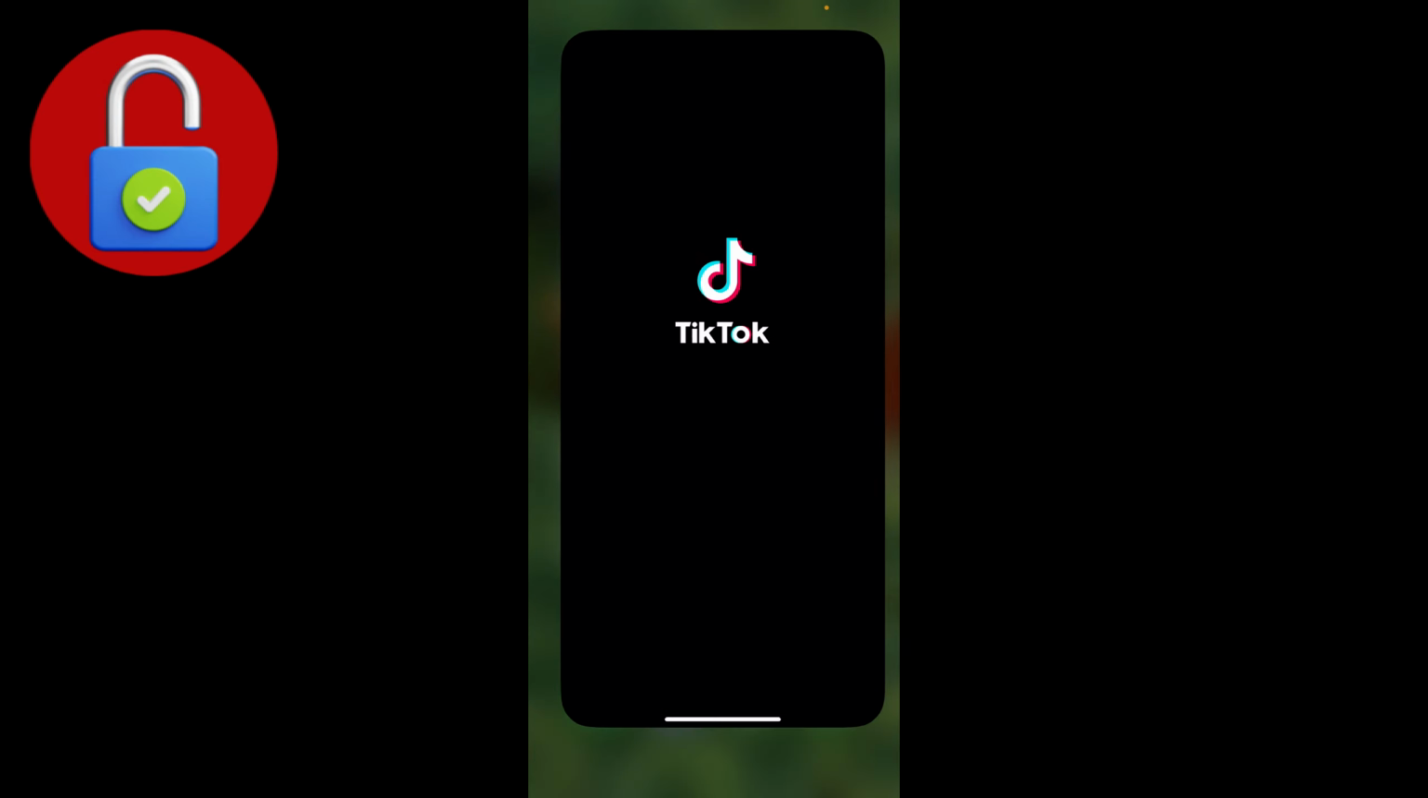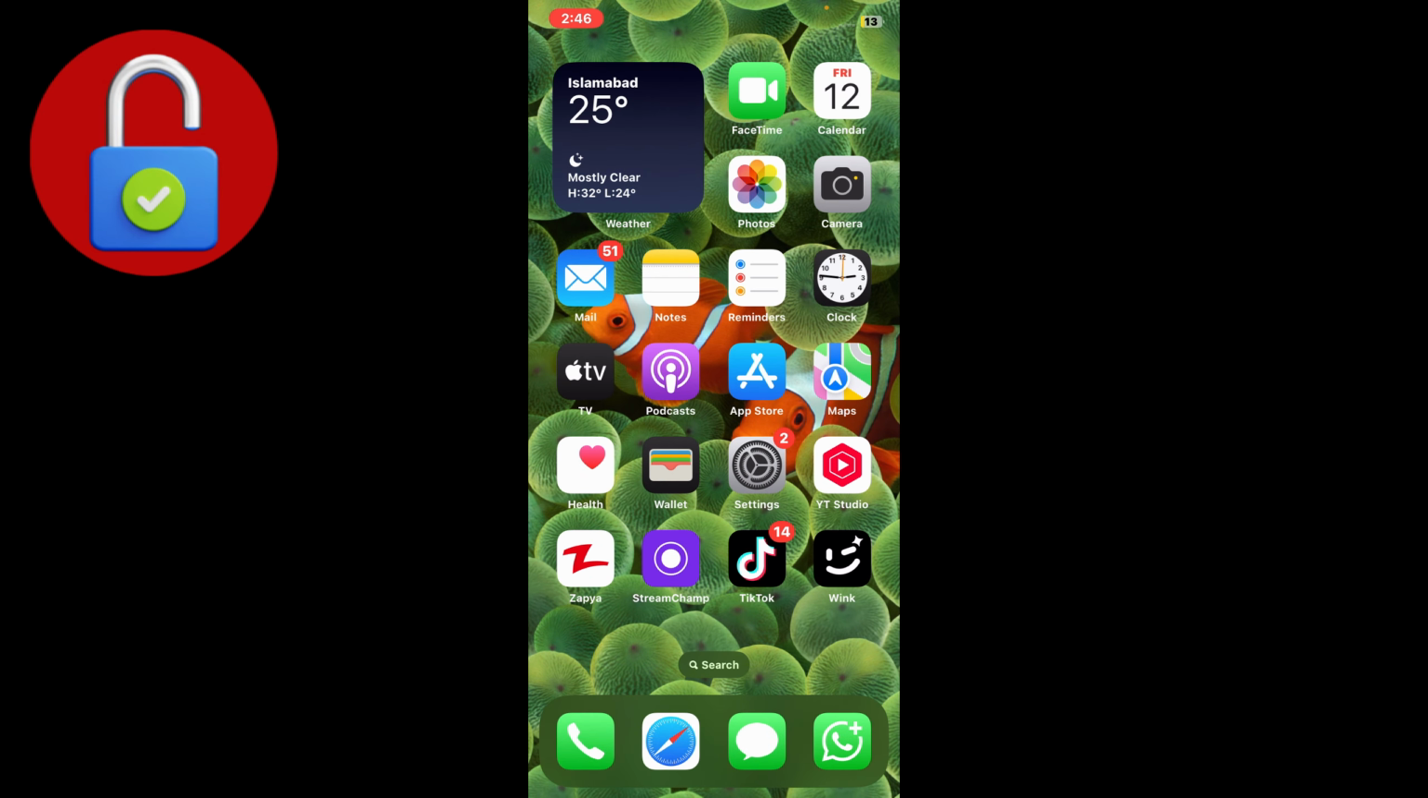Try to do that. Simply go back again and make sure that your settings are right. If it is not solved and your videos are still not going to the draft section,